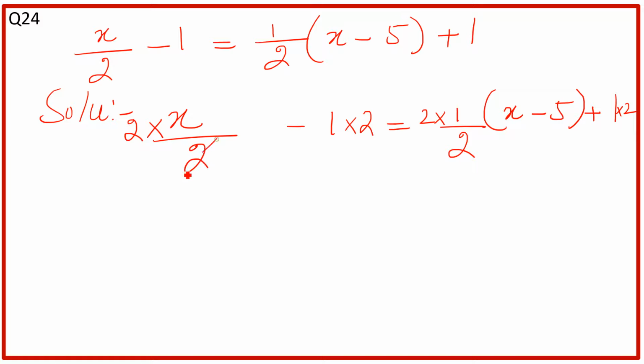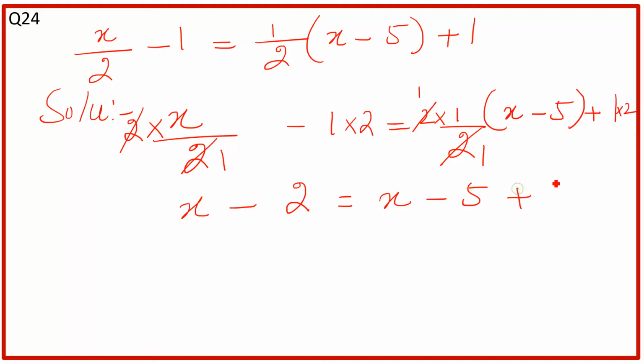See, 2 one time 2, 2 one time 2, here 2 one times 2, 2 one times 2. Now we have 1 in the denominator, that is fine. So here we have only x left. x negative 2 one time 2 is equal to, here we have 1, so we can write x